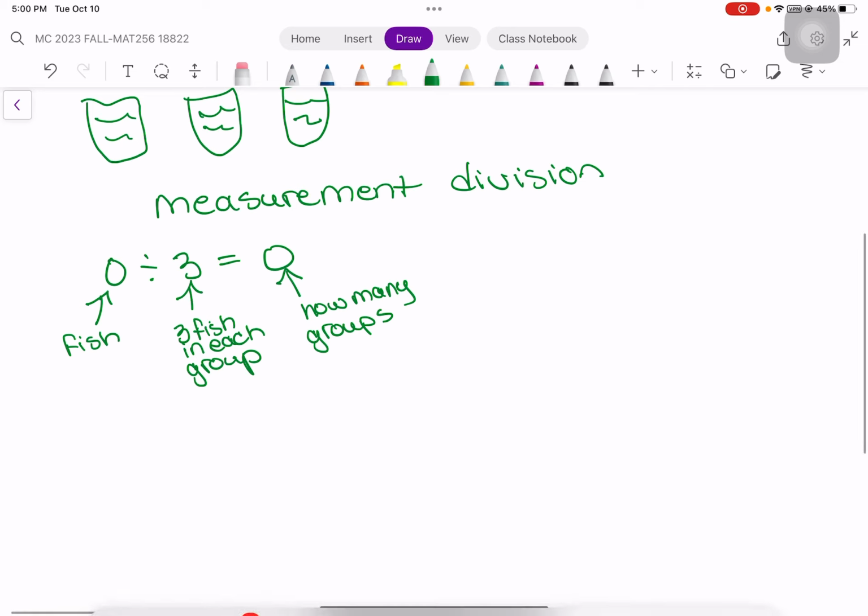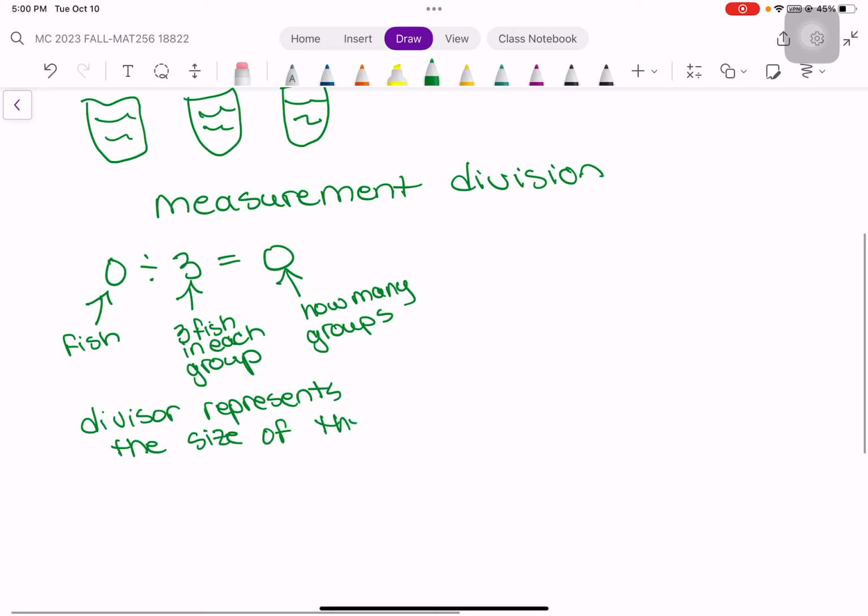Well, this is measurement because the divisor represents the size of the group. So in this case, we have no fish. We want 3 fish per group. How many groups? Well, I would have 0 groups of 3 fish per group